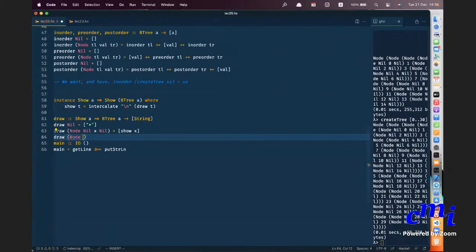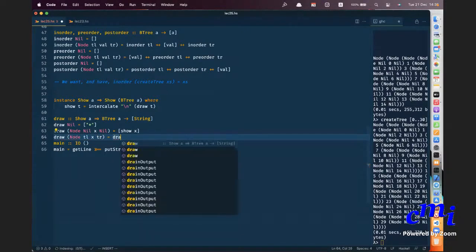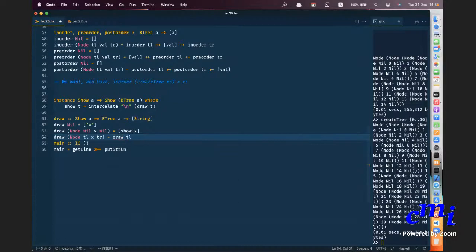Okay, so what will you do? Draw of TL X TR. So clearly, draw of TL will produce a list of strings, right? Plus you do X. No, you first draw the root. So you are doing X first. You're showing X first, that is the topmost level. Then you are